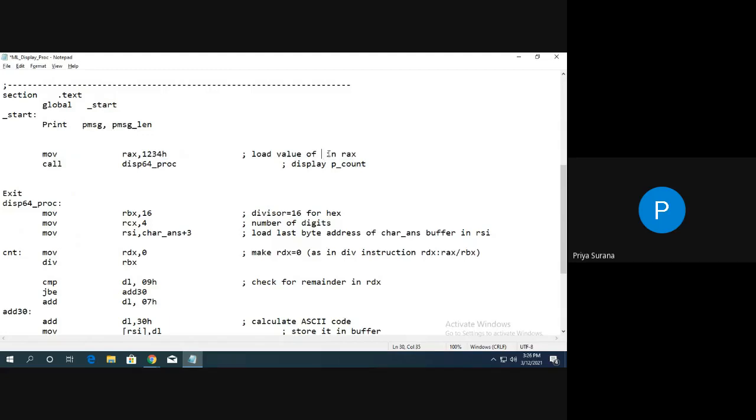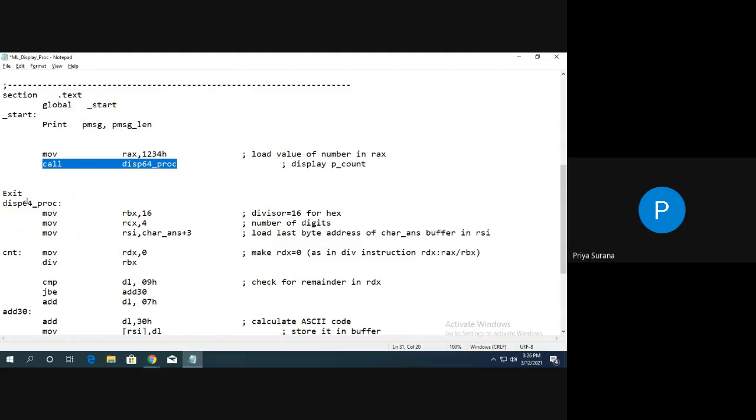Load the number in Rx, because whatever is the content of Rx is what is going to be displayed. So the basic thing is that when you pass a value to Rx, the content of Rx is used in the display procedure for displaying that number, or that register content.